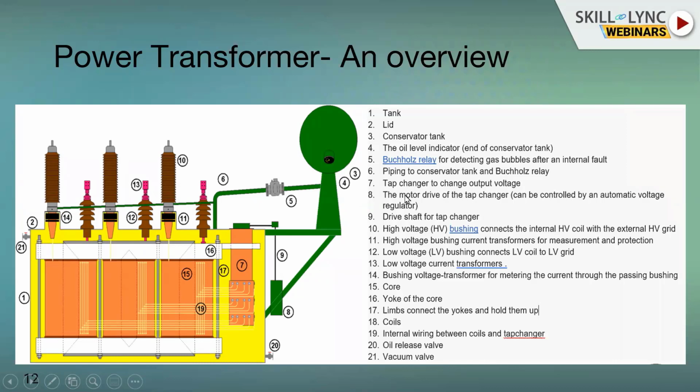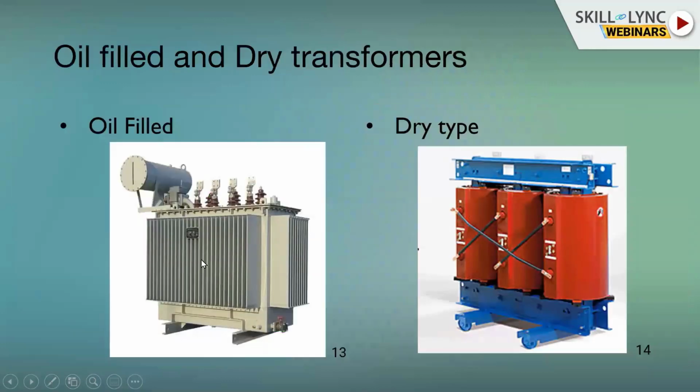And then there are multiple things, including tap changer, bushing, current transformers, everything is shown in this picture. So this is a picture of a simple oil-filled transformer and a dry-type transformer. You can see that there's no oil here, so it is very safe. Oil can catch fire, and so typically we don't use an oil-type transformer within a building. In case you need to put a transformer underneath your building, then typically dry-type transformers are used. Or in the case of mines and other places, typically dry-types are used.